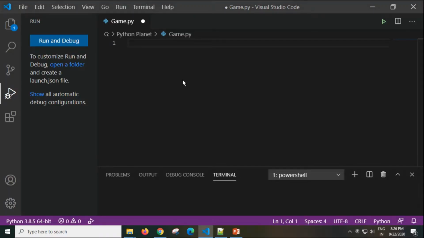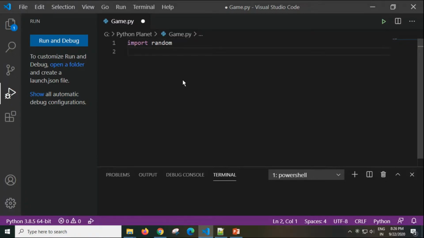To demonstrate this game, I will use the Microsoft Visual Studio Code Editor, in which I will write my program and then execute it. My first requirement is that my players are going to get random scores and these scores will be added to their total score. So for that, I will import a module in Python called the random module. So I will write import random.